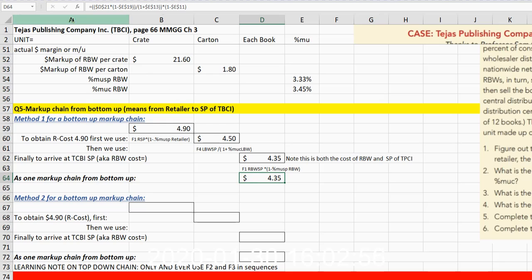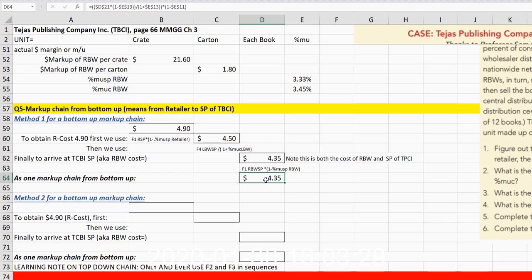Look at that equation, but it's really simple. If you take a moment, you can see that this portion is F1. Once we got the answer there, we then used it to complete F4, and the outcome of that equation we used to apply F1 again, which in one equation gets us from the bottom up